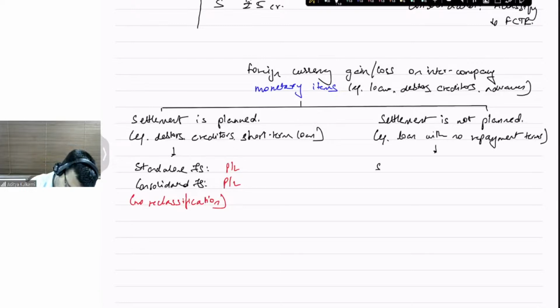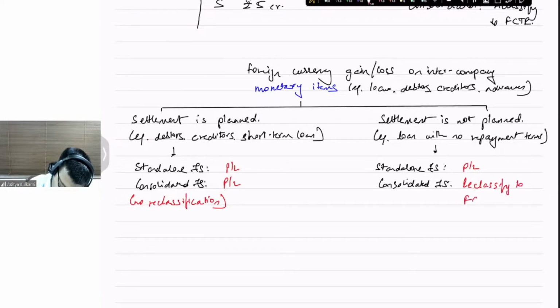So in standalone financial statements, where am I going to take it? P&L. Whereas in consolidated financial statements, where will I record it? Reclassify to FCTR. Reclassify to FCTR. Whatever be the Forex gain or loss, I cannot keep it in the